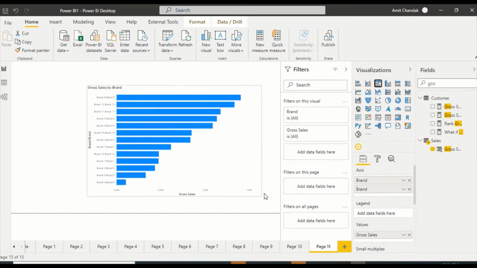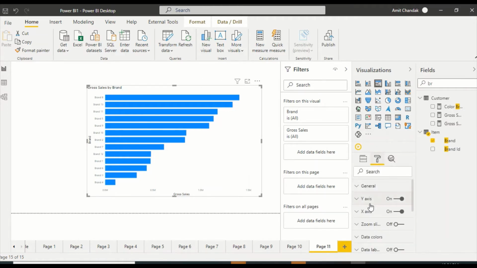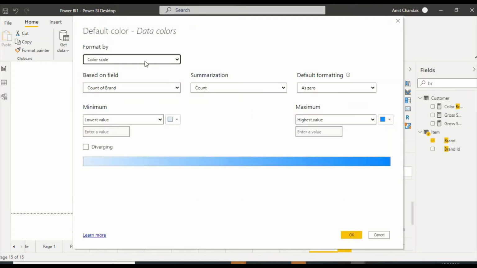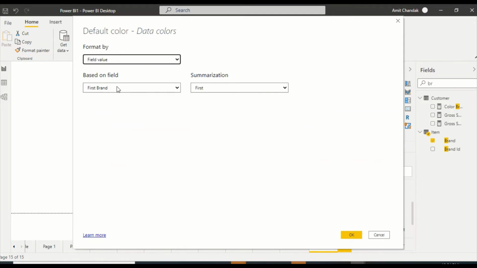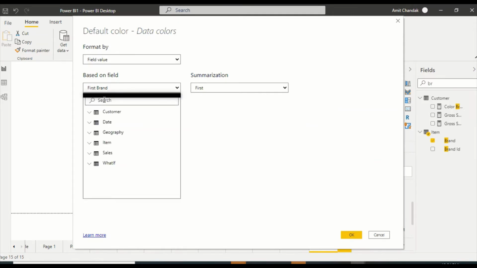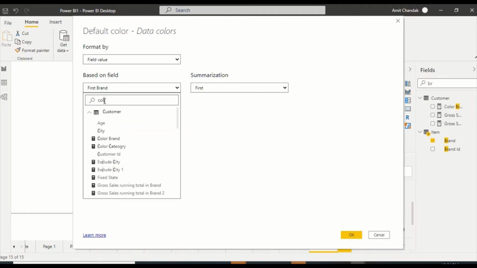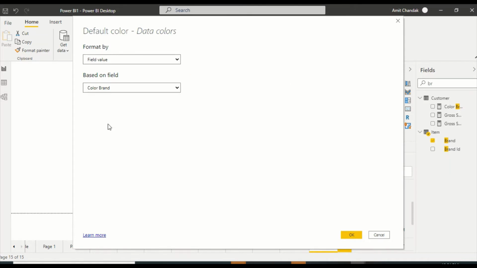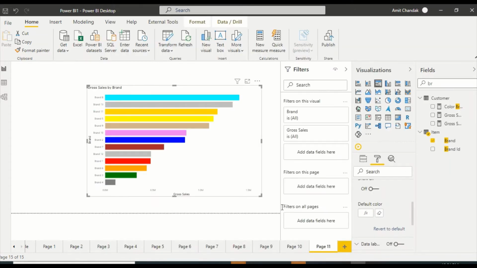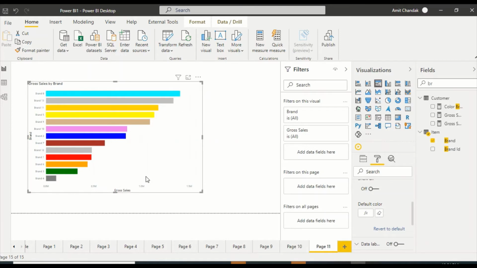Okay, and now, if you remember, we have some brand coloring done, and I need this brand coloring because I wanted to give brands different colors. So I have created a color measure, and I'm going to use it in data color to give different brands different colors. So I'm going to use field value. You can go ahead and watch my video on how to color this, both in the Power BI series and the Tableau versus Power BI series. We have discussed that. So now I have certain colors given to my brands.